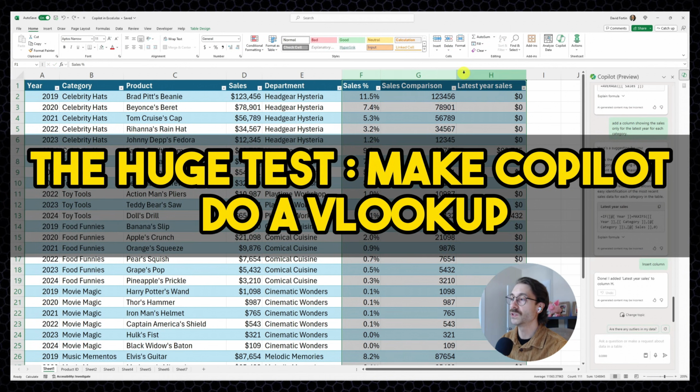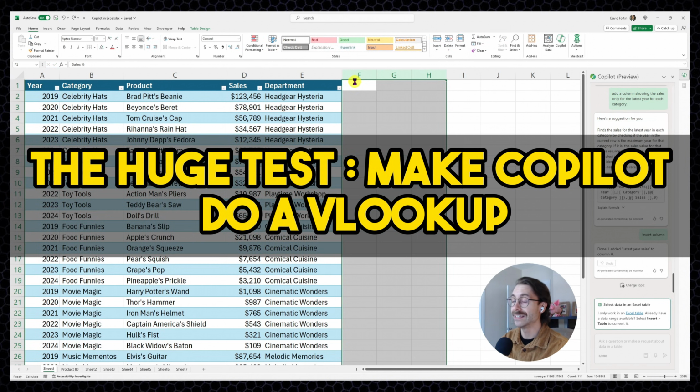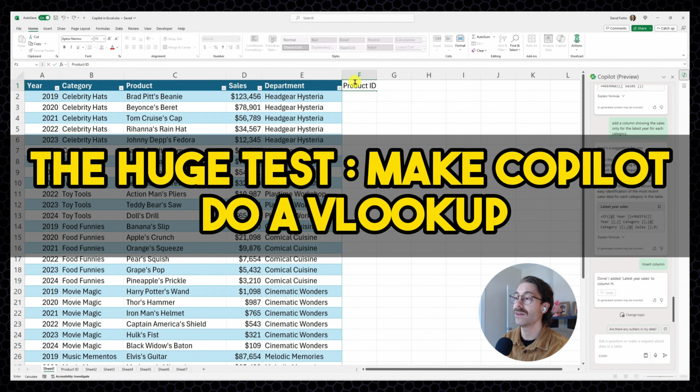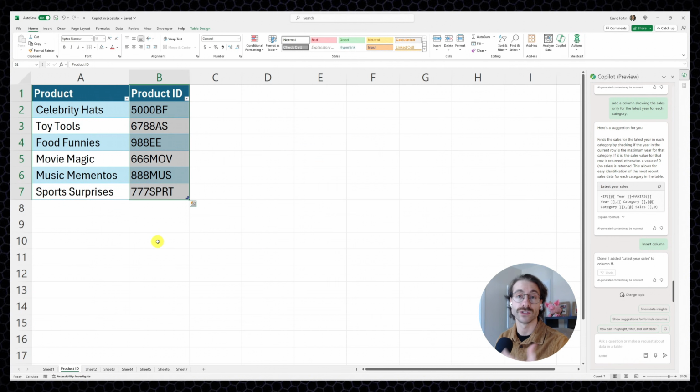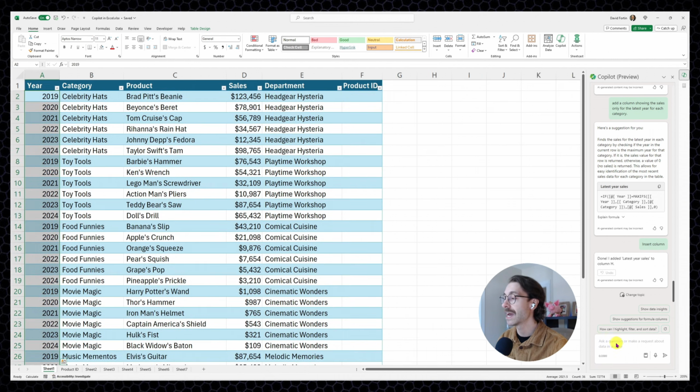I will delete a few columns here and try to add the unique product ID for every product using a VLOOKUP, and let's see if Copilot can do this. That will be nice if you tell him, can you use VLOOKUP, or can you bring the product ID for each product? They are in the product ID tab here. So as you can see, all my unique IDs are there. I go back in my master sheet and I will ask Copilot,